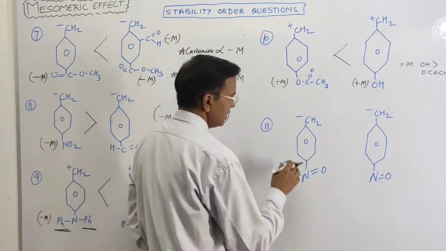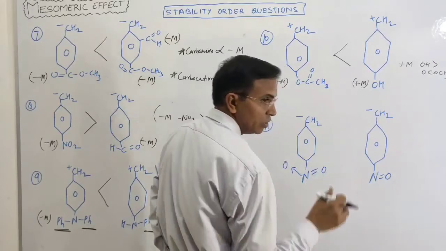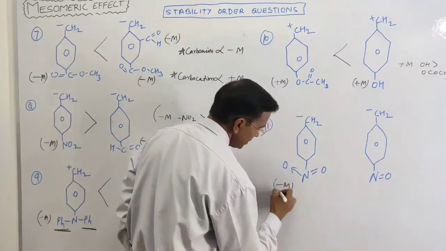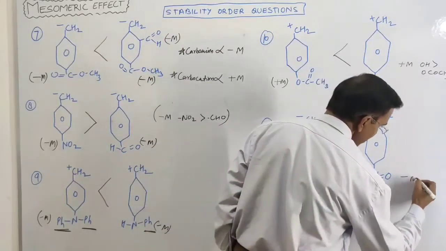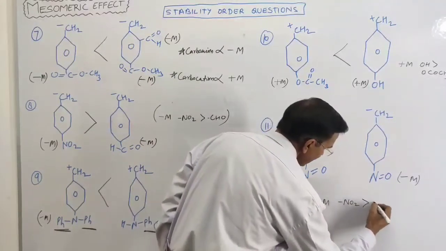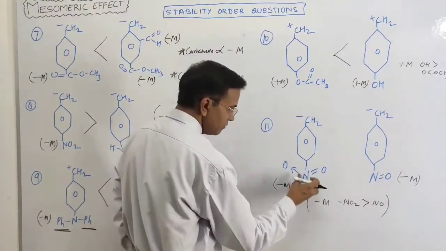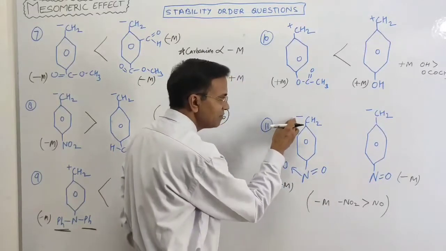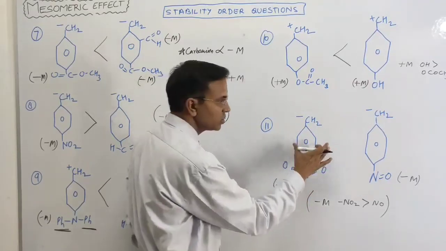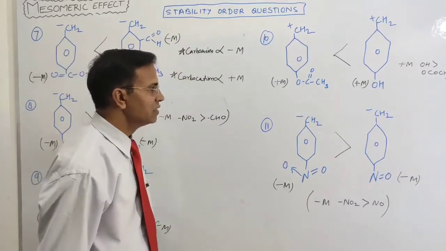Now the next question is, here is carbanion and the benzene is substituted with NO2 and NO. So here the NO2 group shows the minus M effect, and the NO group also shows the minus M effect, and the NO2 group is more than the NO group, right? Because it withdraws the electron density and decreases the negative charge at the carbanion and makes the carbanion more stable. So this species becomes more stable than this, right? Hope these questions have been clear to you.